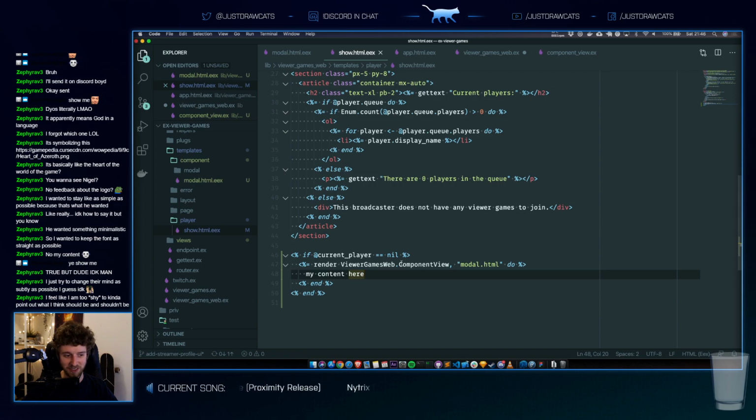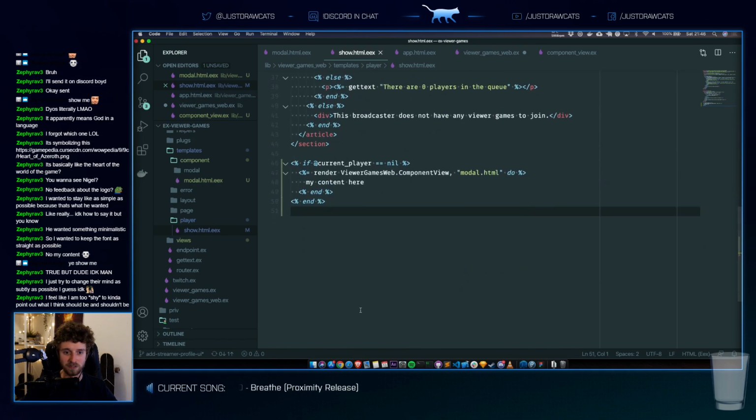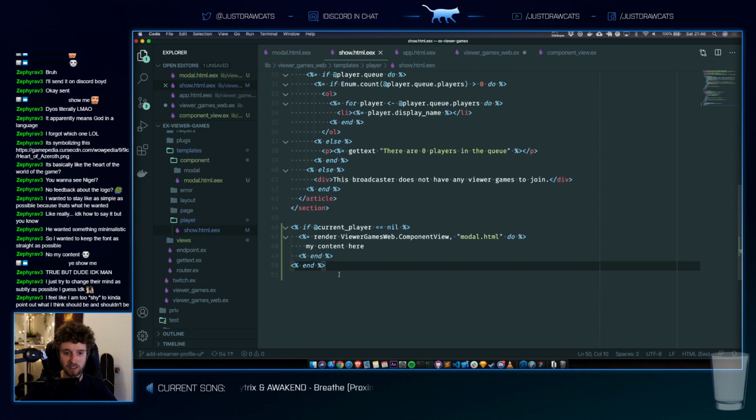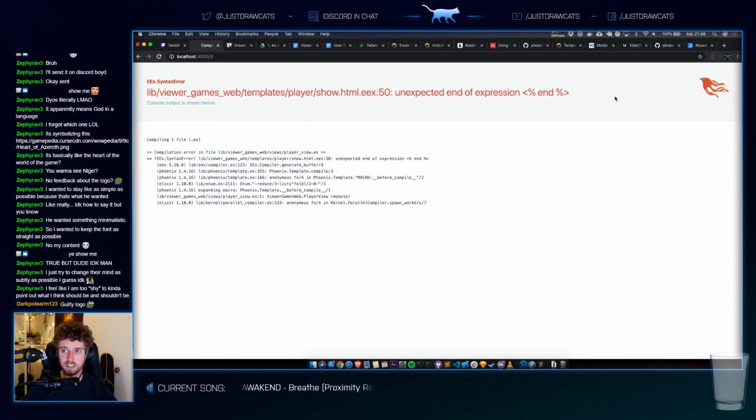Trying to change their mind as subtly as possible, I guess. I feel like I'm too shy to point out what I should. What does he want with the logo? If it's a guild, why not make it a super guildy logo? Like shields or cape layouts or some dragon stuff or whatever. If it's a multi-gaming organization, that's something completely different. But if you're just building a guild logo,